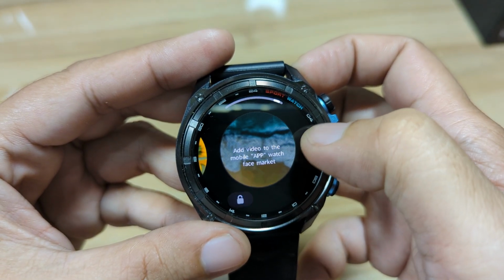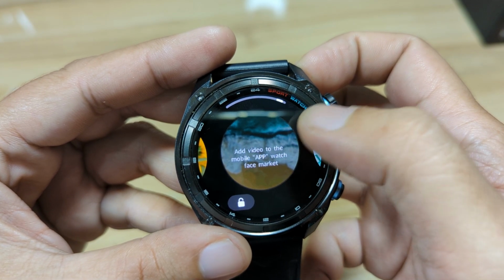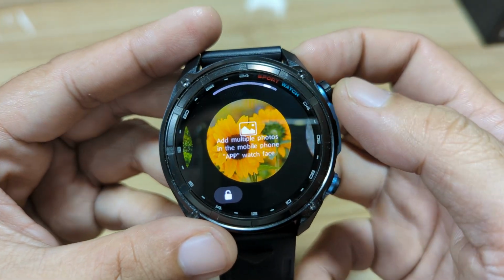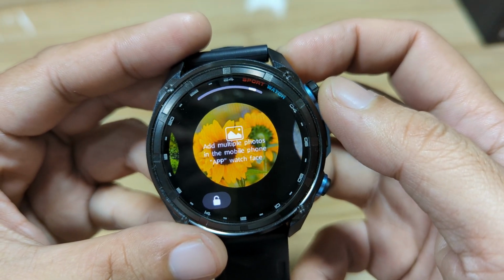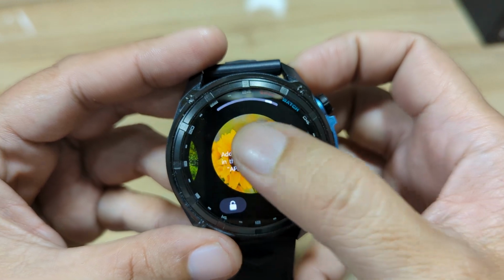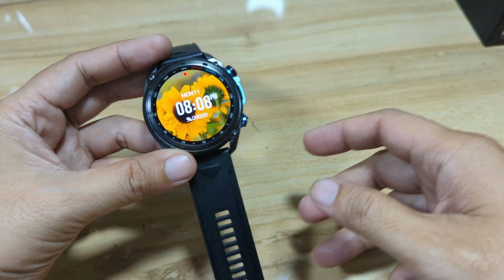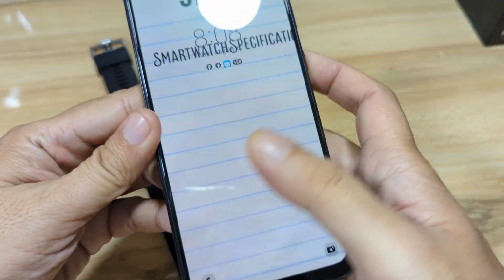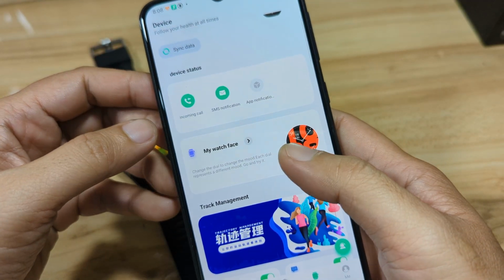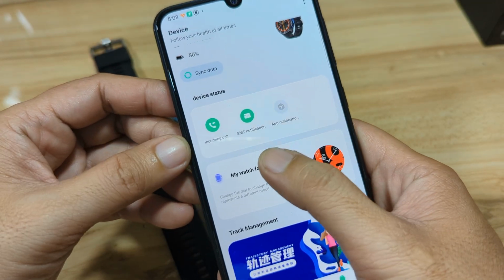So we have here add video to mobile app, and this one, add multiple photos in the mobile phone. So we'll select this, then we'll go to the section here, my watch face,